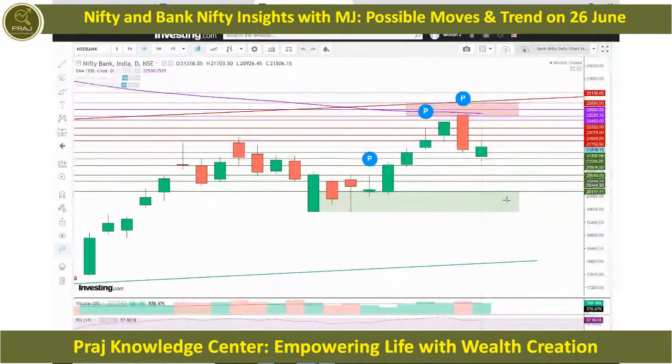So let's consider 20,456 on the downside, this level at the most, right? And below that, there is a huge cushion of support zone, or you can say accumulation zone, which has provided support to Bank Nifty for 5-6 trading days in the past. It will still work as a very strong support level, right? So that's how Bank Nifty appears in your